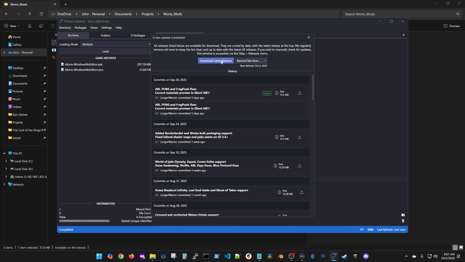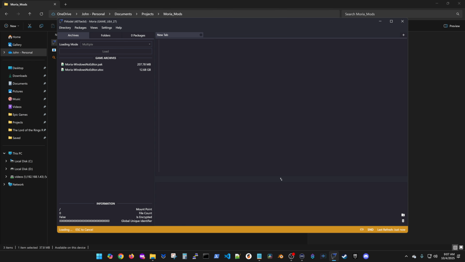Oh, we immediately come up and it wants to patch, which is cool. Download latest release, yes. And like I said, this thing's released all the time. It's a very nice program. All right, now